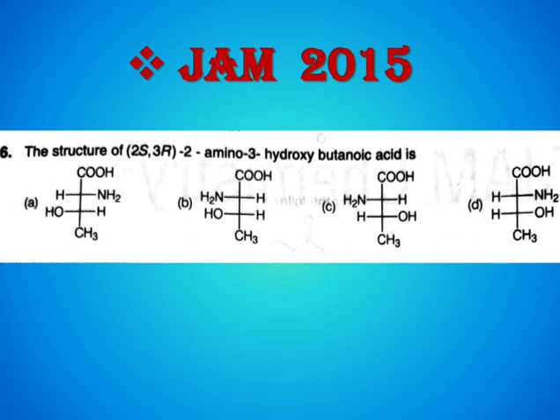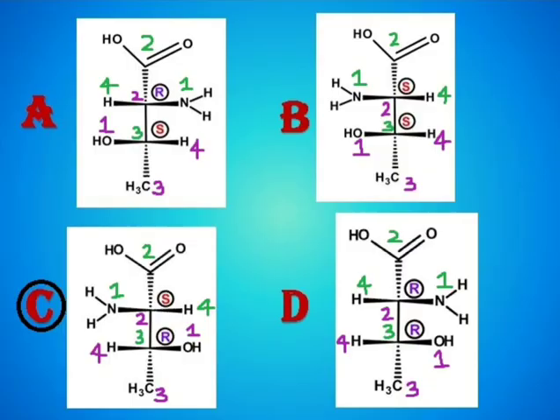I hope you might have got the solution. Let's see. Here let us see option A. This is the second carbon and this is the third carbon. The second carbon is attached to 4 different groups. Accordingly, I have numbered them as 1, 2 and 3 in the green color that you can see for this chiral carbon. From 1 to 2 to 3 it is anti-clockwise. Again the fourth priority group, that is this hydrogen, is on the vertical bond, so it is R configuration and not S configuration.